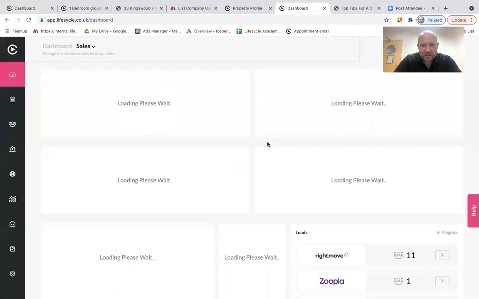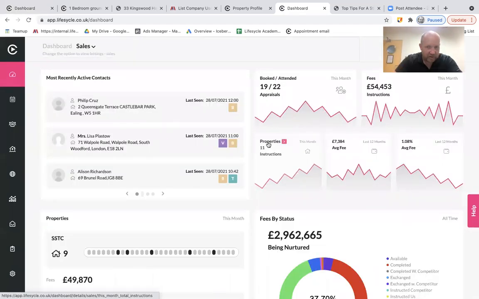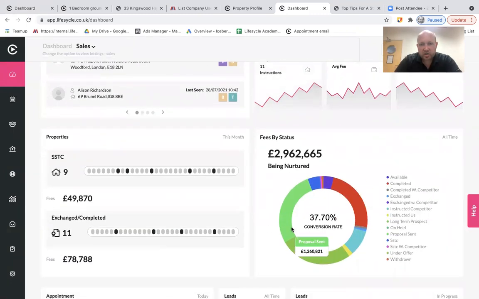So we can see here that this particular agent, one branch, has got £3 million worth of fees that he's nurturing going back over a few years. How do you know who to call to get your next market appraisals? If everything I've been speaking about is true,